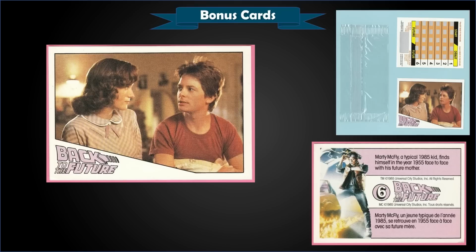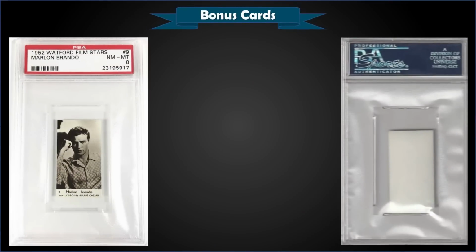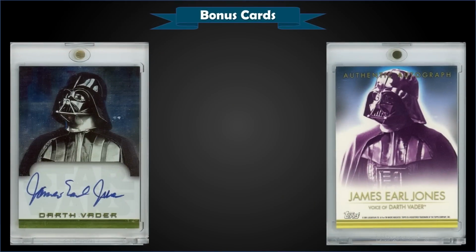It's already open. In raw condition, sold at auction for $51.38. From 1952 Watford Film Stars, we have a Marlon Brando graded PSA 8, sold at auction for $59.76. It is a pop of only 4 in a near mint 8 slab, and there's only 4 higher graded mint 9s. From 2001 Topps Star Wars Evolution, we have a Darth Vader autograph card, autographed by James Earl Jones,